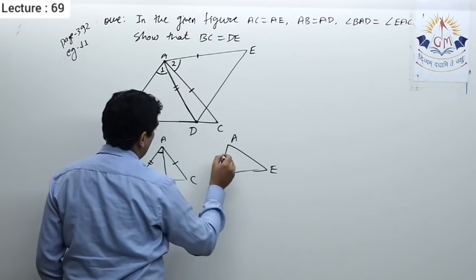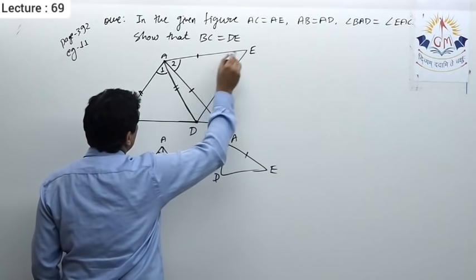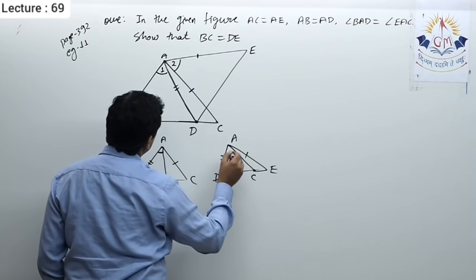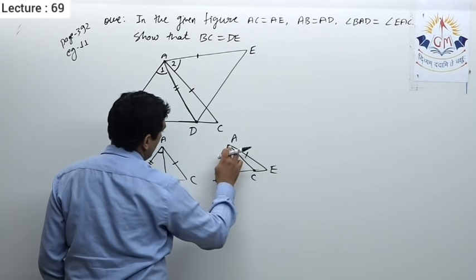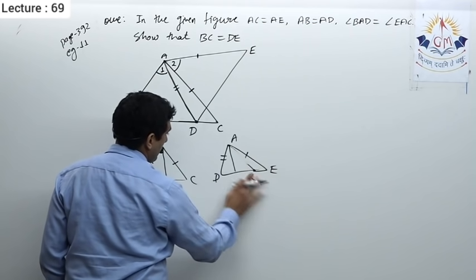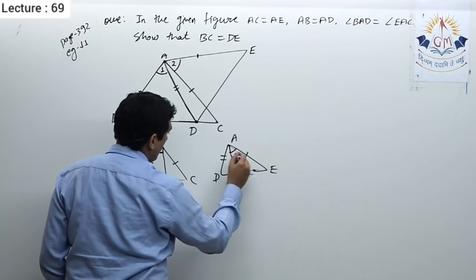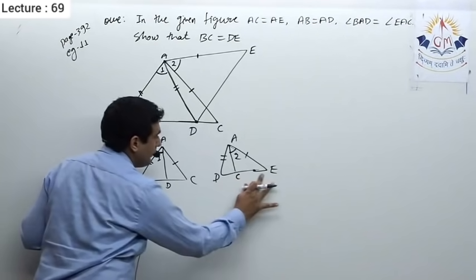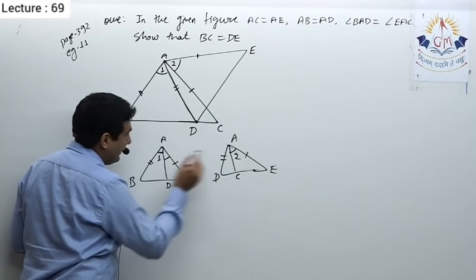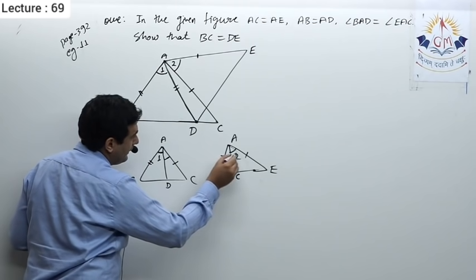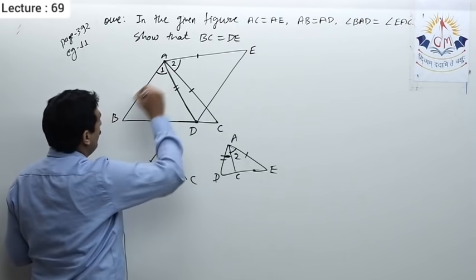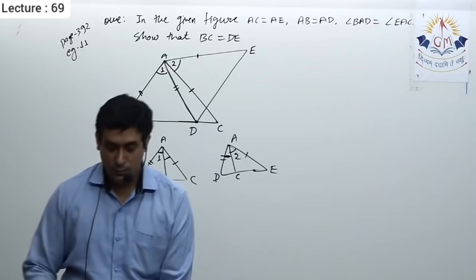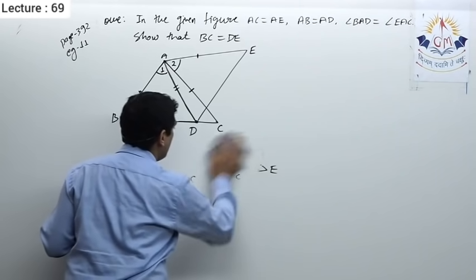Now here AD, AE, and this is point C, then this angle EAC. These two angles are equal, 1 and 2. Now if you observe, as I drew these two figures separately, this angle DAC is common. That means if I add DAC in 2 and add DAC in 1, I will get the complete angle BAC equal to angle DAE, and then I can prove the triangles are congruent. Okay, so let us start its solution.